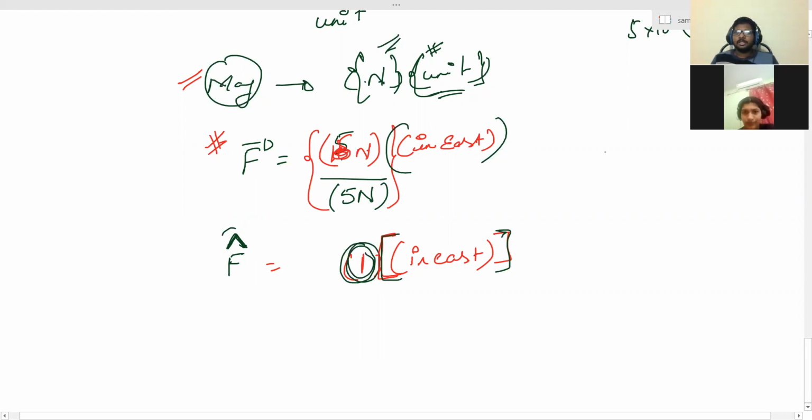For example, any 1000 rupee note means 1000 times of 1 rupee, right? 5000 rupees means 5000 times of 1 rupee. 1 lakh means 1 lakh times of 1 rupee. That means 1 rupee is the basic unit. Similarly, F cap is nothing but